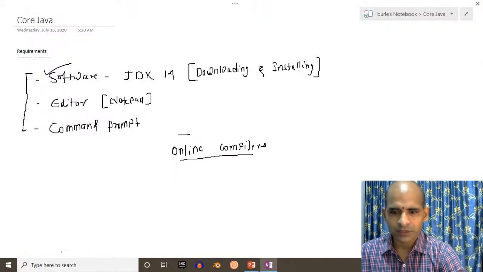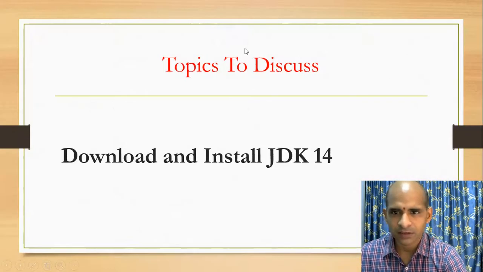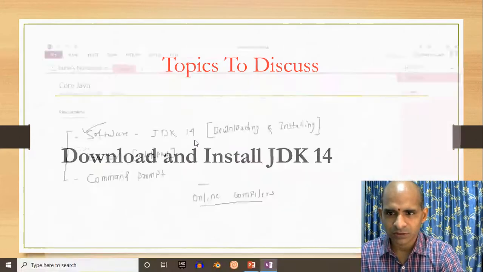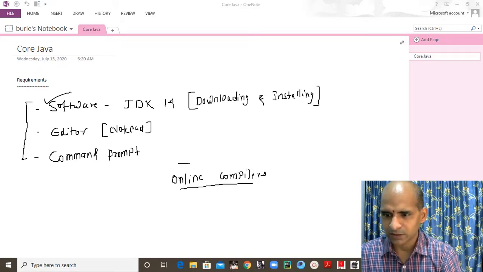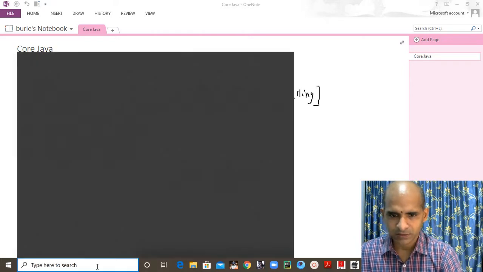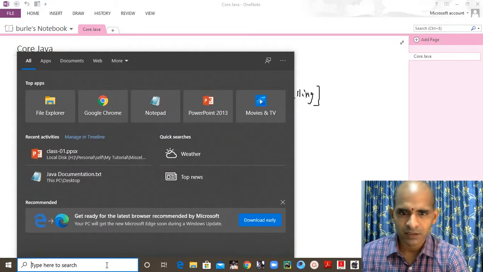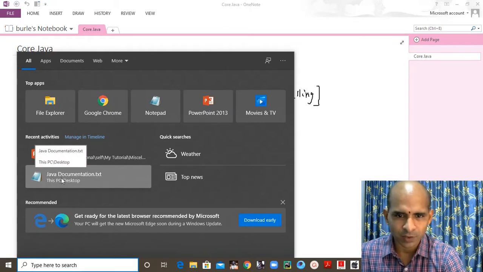Now what is the benefit of using the notepad? Let me show you. Let me open the notepad document I have created, which is Java documentation.